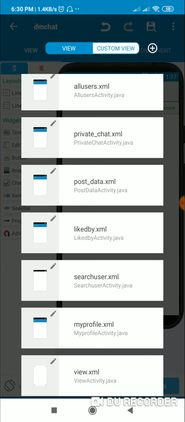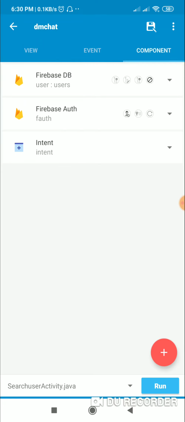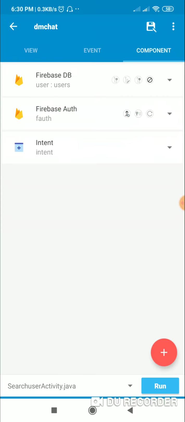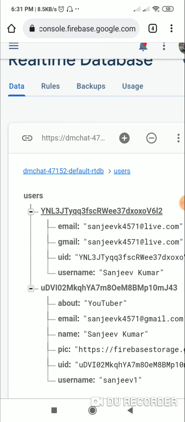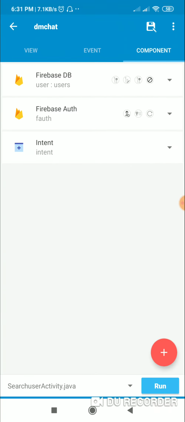Now let's go back to search user activity. So here I have added a Firebase DB component user with path users. It makes reference to this path users here in my database. Then it contains a Firebase auth component fauth and intent component intent.